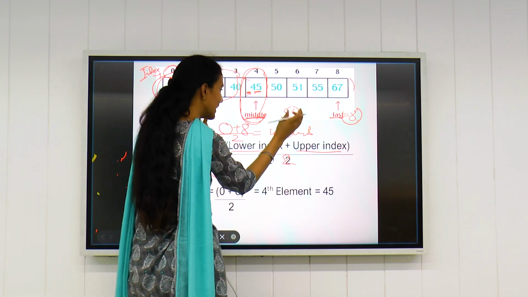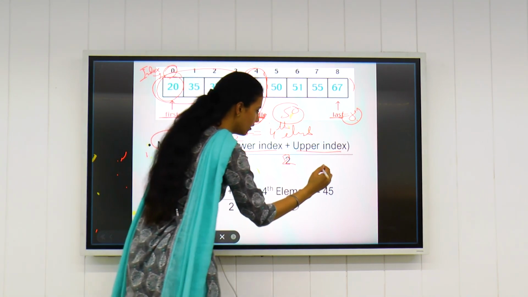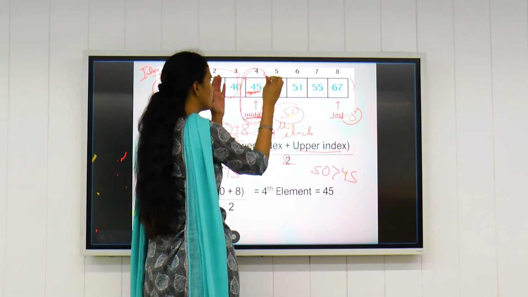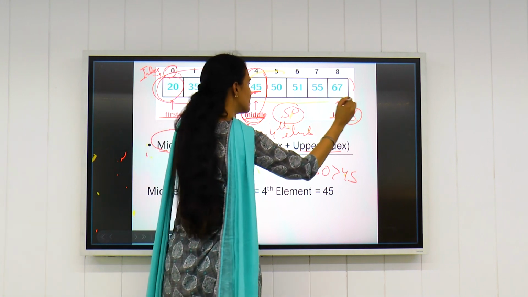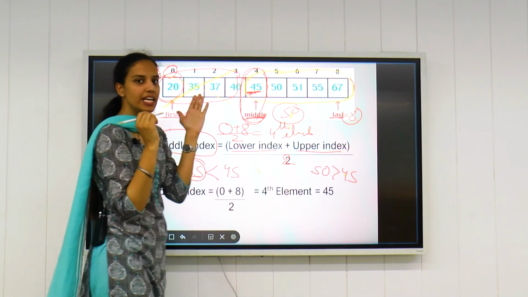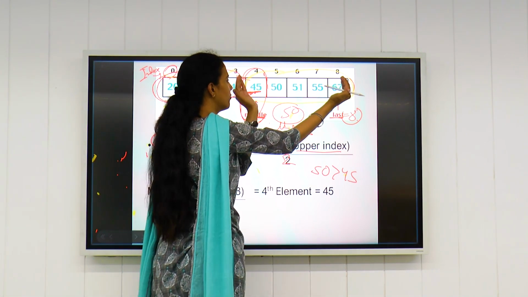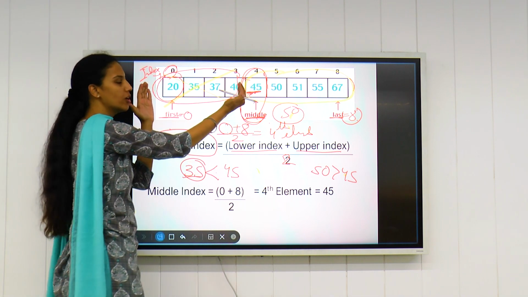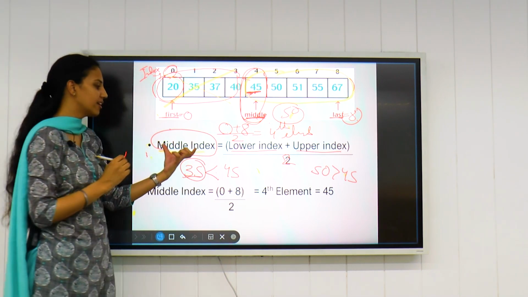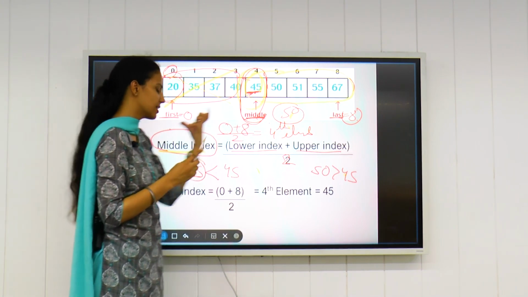We'll again compare it with the middle value. 50 is greater than 45, so we need to check this list and we will not check this list. So it saves our time. Instead of searching all 8 elements, we'll only need to check the smaller 4 elements. And we need to remember this formula, that is how we can find the middle value of the list or of the index array.